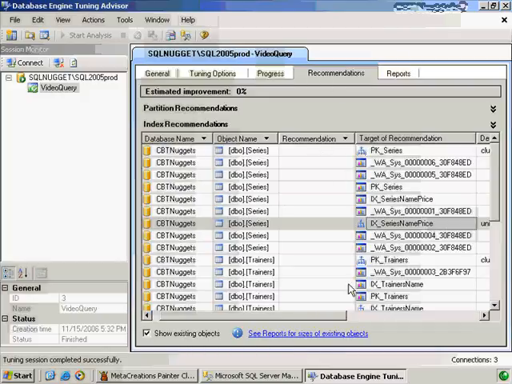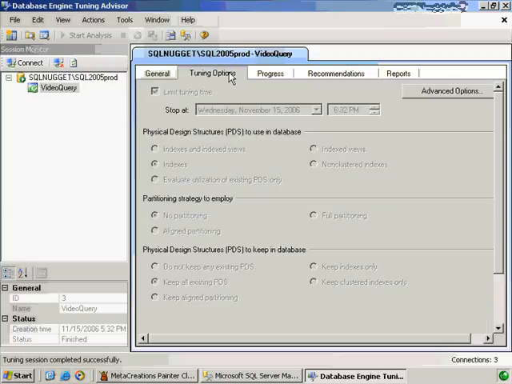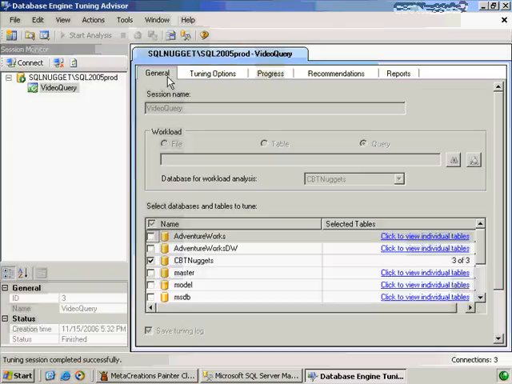But the point here is we don't have any recommendations because we're at optimal. We have all of our indexes covered on all of our tables, and this query is performing just fine. So pretty cool stuff here that you can use this Database Engine Tuning Advisor to get advice on not only